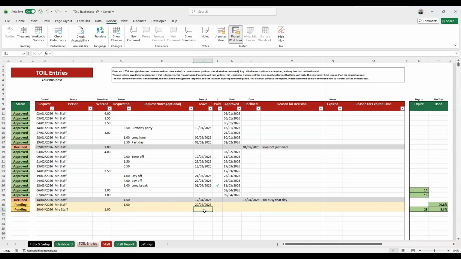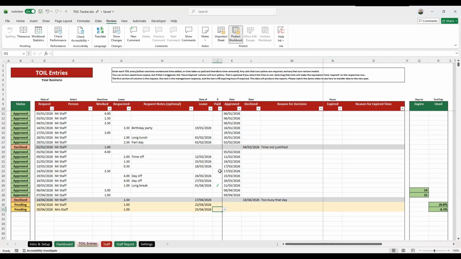Date of leave, you don't have to fill in the date of leave because they're not actually requesting it, they've taken it. If they were in fact wanting leave, let's try that one out. If you say, well, there's 1 hour of wanting leave, then you do need to put the date in that they actually want to take that leave because that isn't necessarily going to be on the date that they request. In fact, it's usually probably not. So if they said, well, we want to take the leave on the 25th of April,